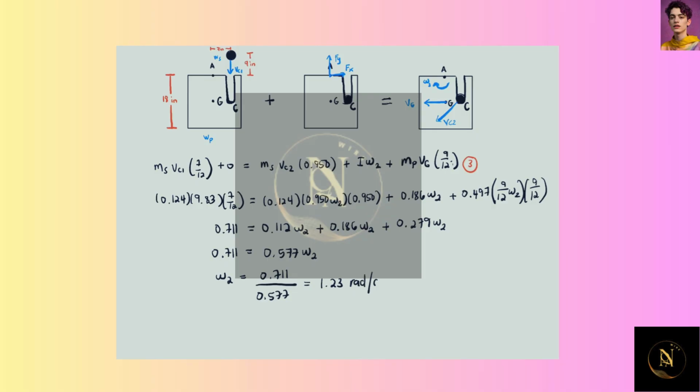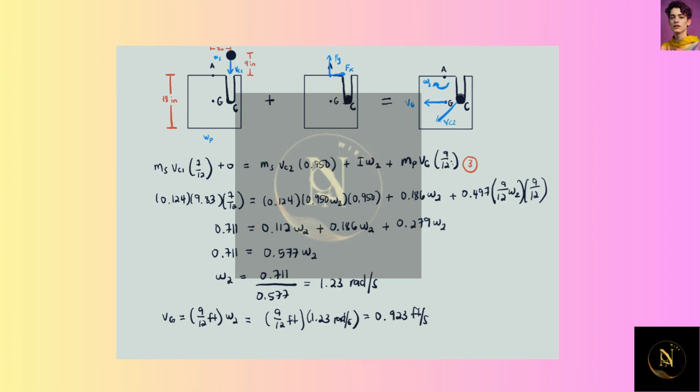And lastly, omega is equal to 0.711 divided by 0.577, which is equal to 1.23 radians per second. Again, we need to solve for Vg, so we will use this omega. Using our equation for Vg, Vg equals 9/12 foot times omega. So this would be 9/12 times 1.23 radians per second, which is equal to 0.923